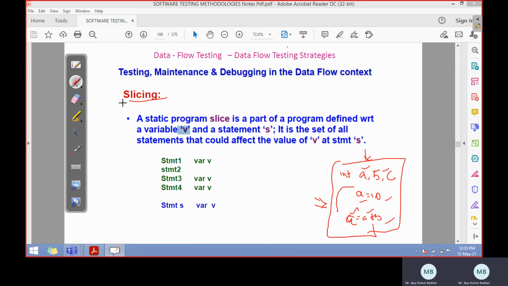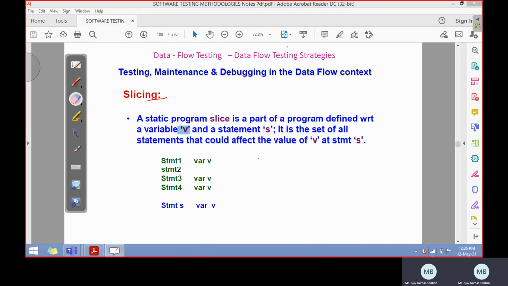Remember that. So the base, that's the thing we are actually performing in slicing. But remember that the slicing should be done in such a way that whatever variable you are taking, the statements with respect to that particular variable should also be present. Then only you can perform this particular testing.